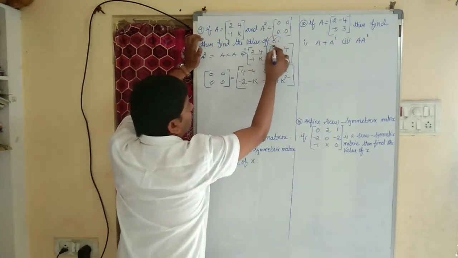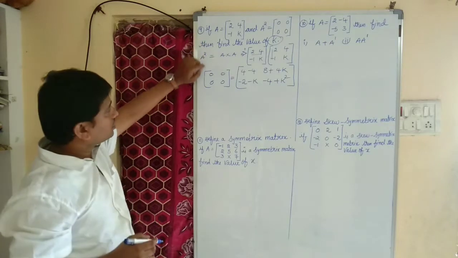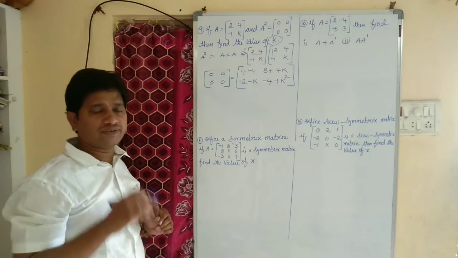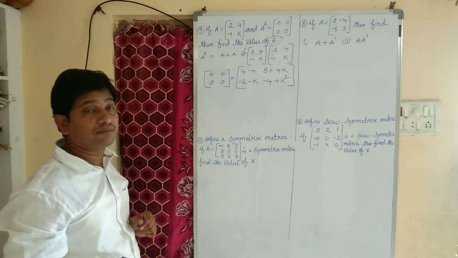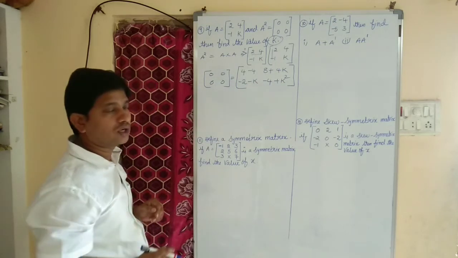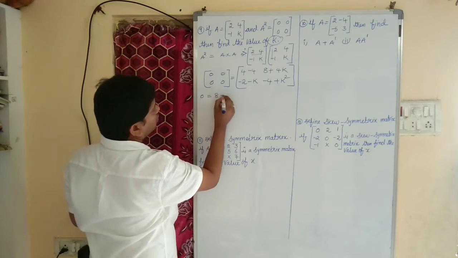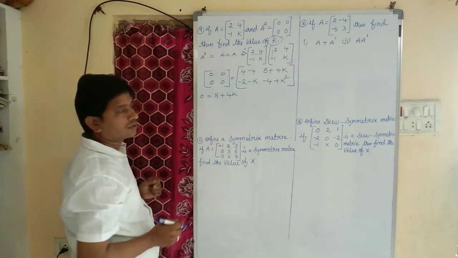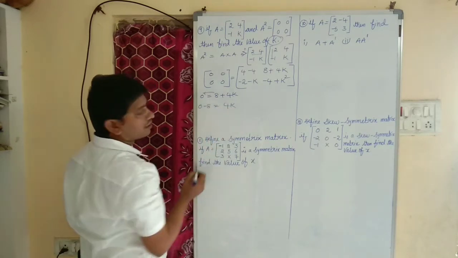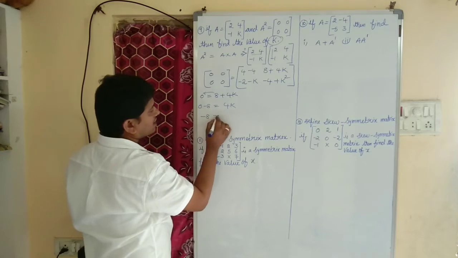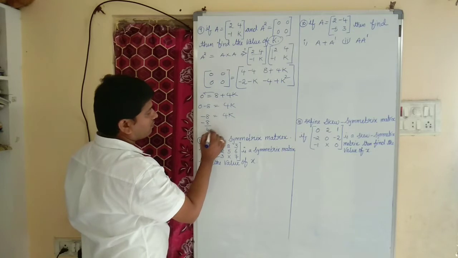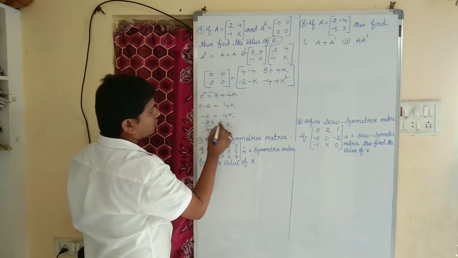So, let us equate their corresponding elements. Actually, they are asking to find the value of k. So here we have 0 as the first element. Here also 4 minus 4, 0 only. As we got, the first corresponding elements are the same. Now the second element is 0 here. Here the second element is 8 plus 4k. Okay? That is, equate 0 equal to 8 plus 4k. So, you transpose plus 8, I mean 0 minus 8 equal to 4k. As 0 minus 8 equal to 4k, transposing the 4, minus 8 by 4 equal to k. 4 2s are 8.